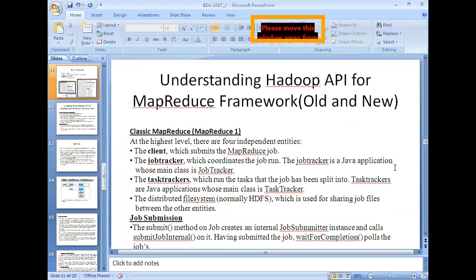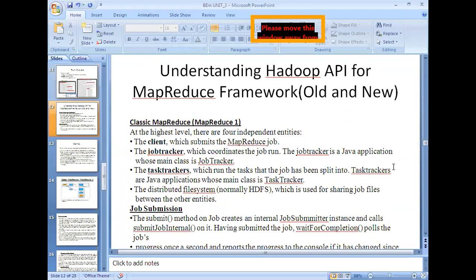Now let us move to the understanding of Hadoop API for the MapReduce framework. There are different versions available. Let us see the old version and the new version and compare these two. What are the differences between the old version and the new version?